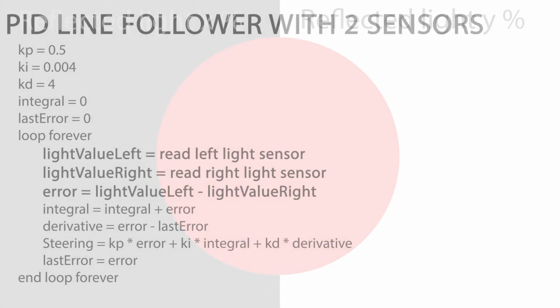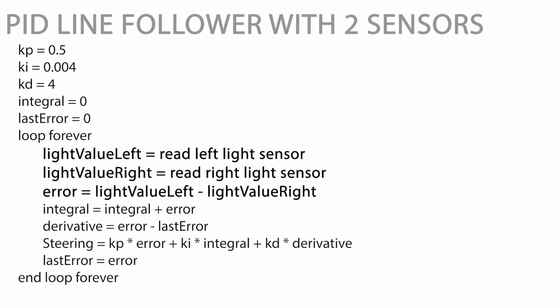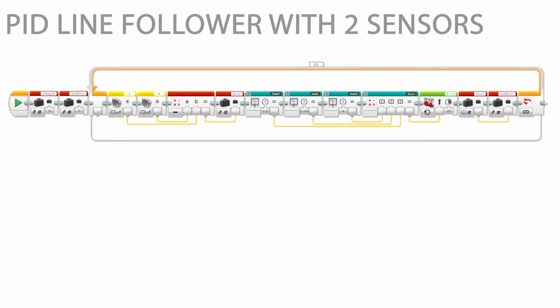The bold text marks the changes needed for the line follower robot with 2 light sensors. This code takes the reflected light intensity from one sensor and compares it to the reflected light intensity of the other light sensor. There is no need for the set point constant to compare the reflected light intensity. The solution is more stable and less prone to failure. The PID line follower program is modified by adding the second light sensor block. Now, the error is calculated as the difference between the 2 light sensor readings.